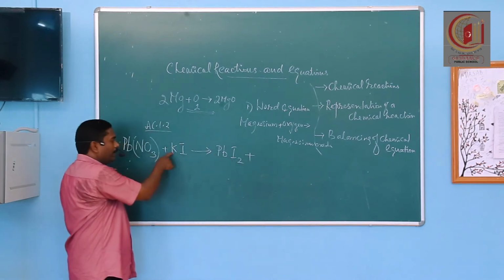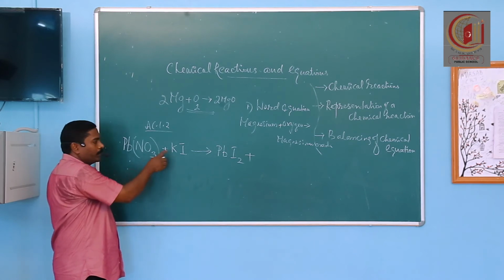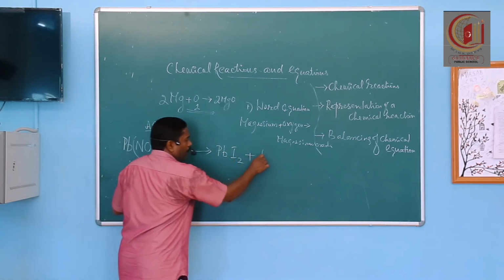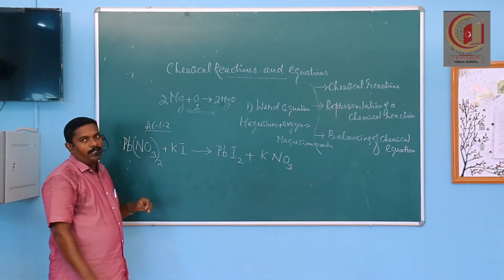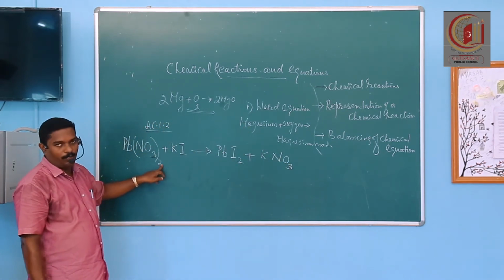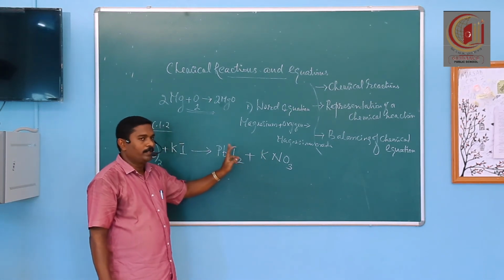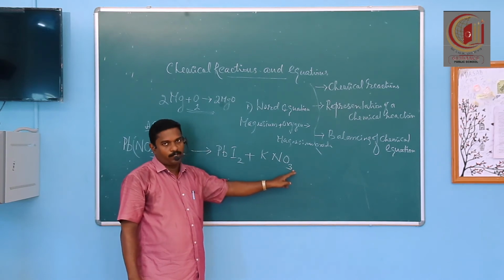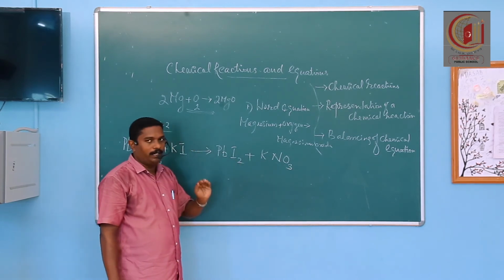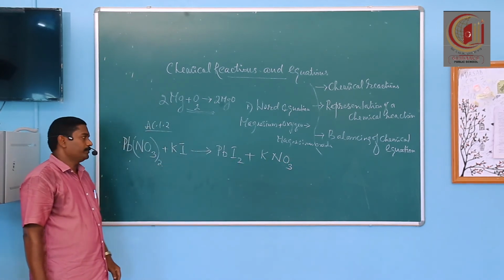What's the remaining product here? Here is a potassium ion and here is a nitrate ion. So just combine these two and we can write potassium nitrate as KNO3. Here there are 2 nitrate ions on the left, but only 1 here, because the valencies of potassium and nitrate are always 1 each. So we write only KNO3. Did you get me?